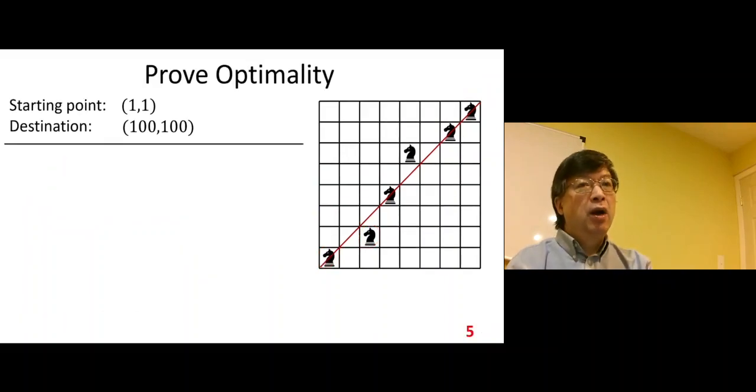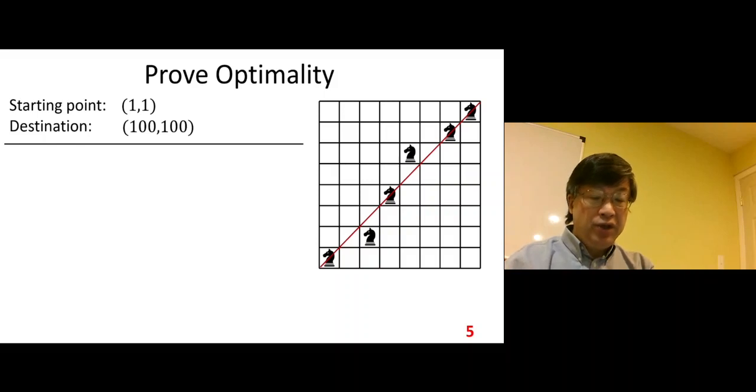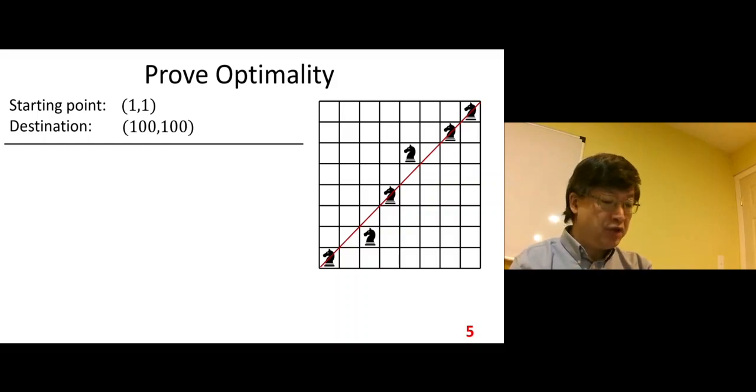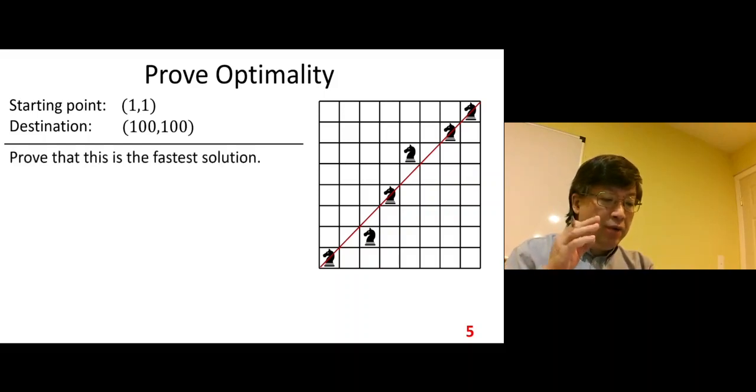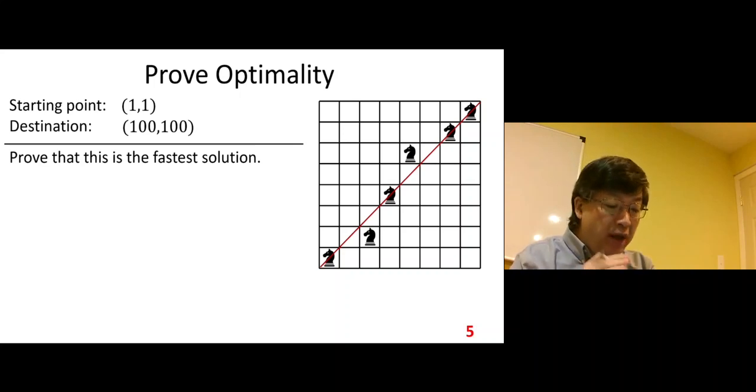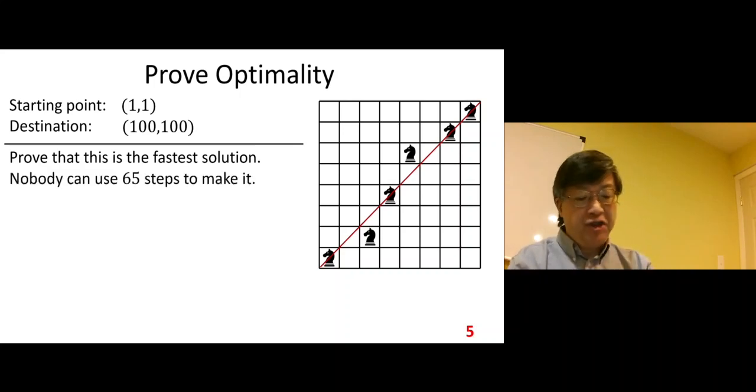Prove optimality. When we prove optimality, usually we need some very special tool to do it. That tool is sometimes very smart, very special. So here we have that situation. Prove that it is the fastest solution, the fewest number of steps. That means nobody can use 65 steps to make it. The minimum number of steps to make it,